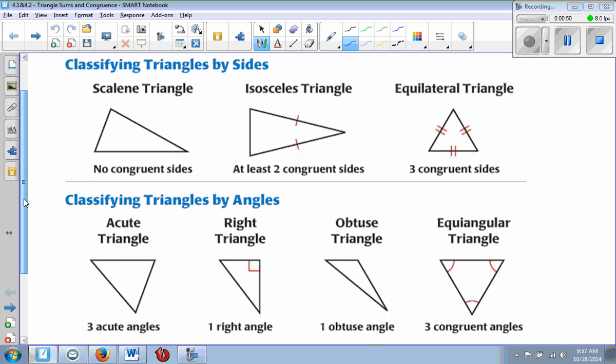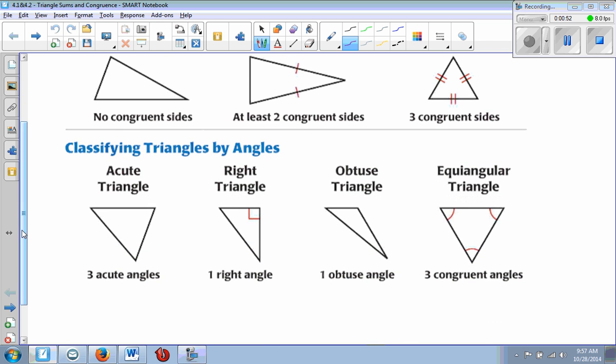The bottom four classifications are classifying the triangles by the measures of their interior angles. If every angle inside the triangle is acute, remember acute means under 90 degrees, that is called an acute triangle. If the triangle has one right angle in it, it is called a right triangle. If the triangle has one obtuse angle, remember obtuse means greater than 90 degrees, it is called an obtuse triangle. And if the triangle has all three angles congruent, it is called